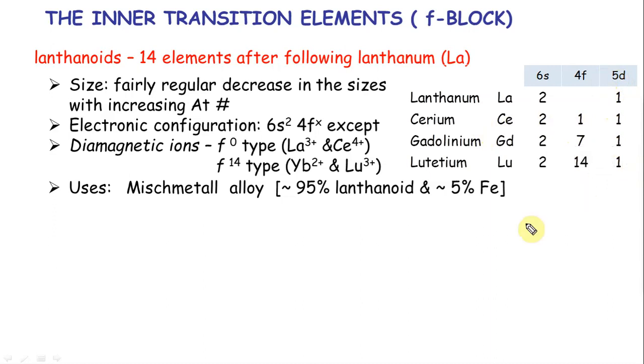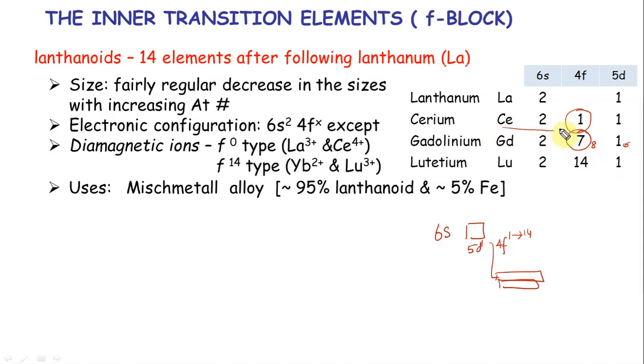The reason? So you start with your 6s, then it's a lanthanum which is 5d1, then you go to the bottom, right, 2 rows. So you start with your 4f filling, 1 through 14. So I filled 1, that's good. So now if you see gadolinium, you see that I have 7 and only 1 here. Okay, it's supposed to be 8 here and 0 here, but I have 7 and 1 because I get half filled. Okay, this is exceptionally stable.